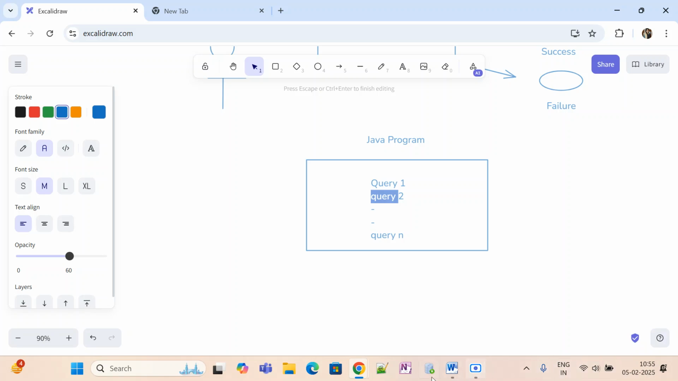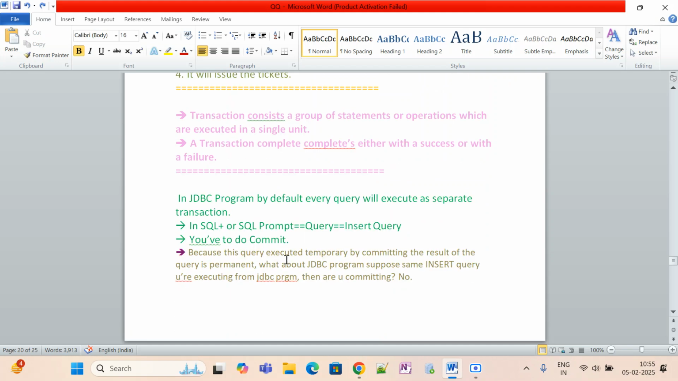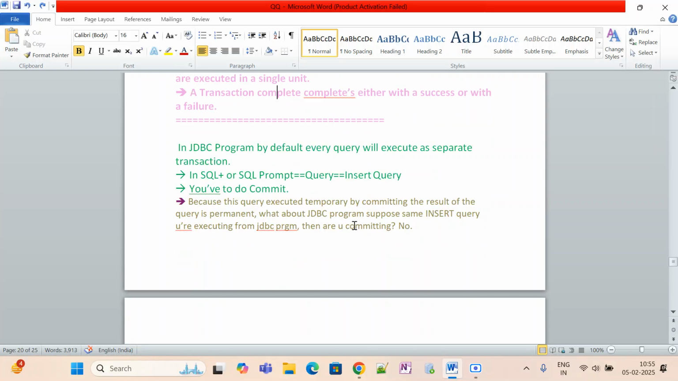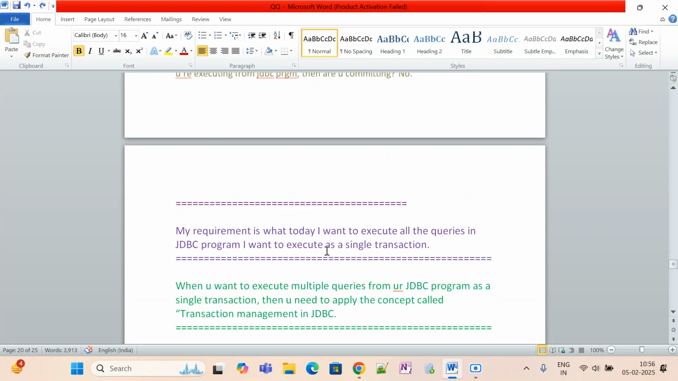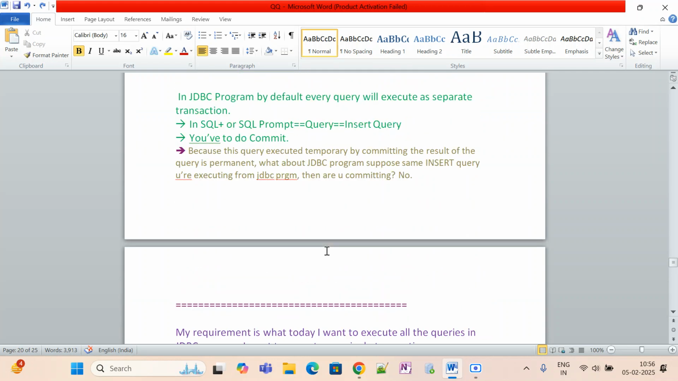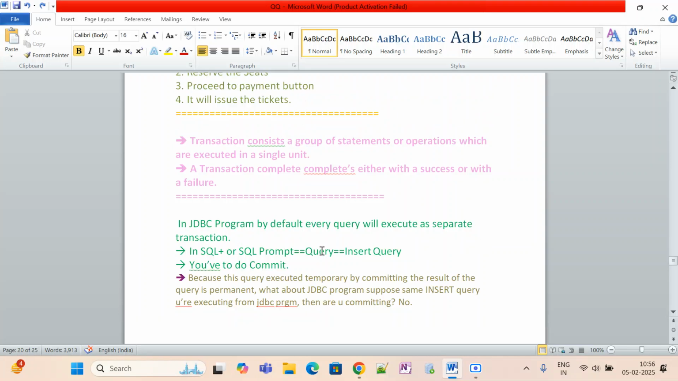So what will happen if I... By default in a JDBC program, every query will execute as a separate transaction. So that is the reason why, when you are typing queries in SQL Plus or the SQL prompt,